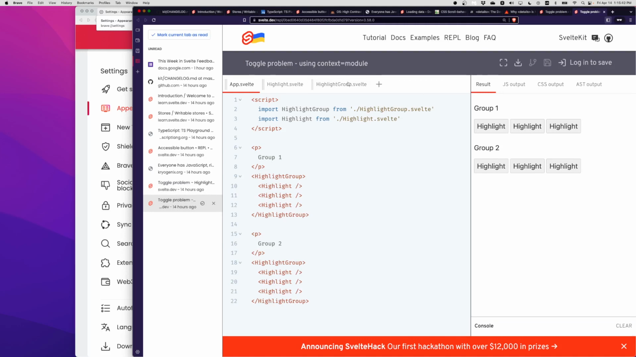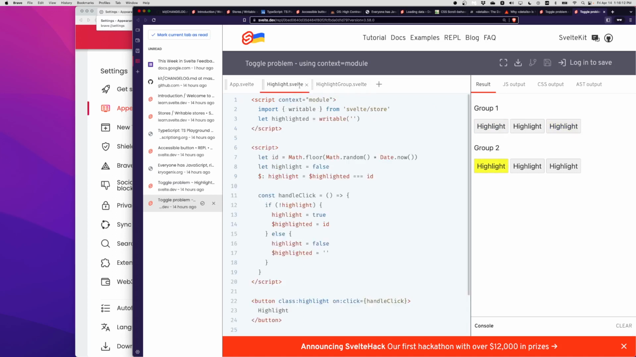In this demonstration, I have two groups of components. On line 9, I have a highlight group, and on line 18, I have a second highlight group. It's the same component twice, each with three highlight buttons. When I click on a highlight button in group 1, it turns yellow. When I click on a third or second highlight button, it turns on and the previous one turns off. If I go to group 2, that highlight button turns on and the one in group 1 turns off. The reason this happens is because I am holding the ID state of the toggled highlight button inside of this